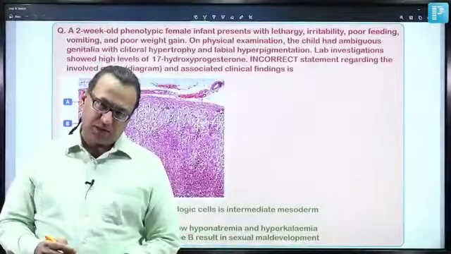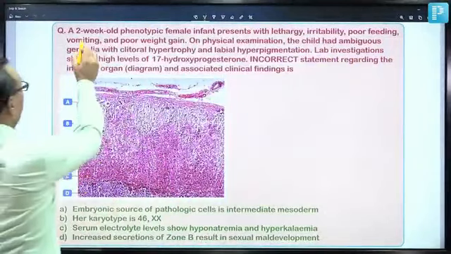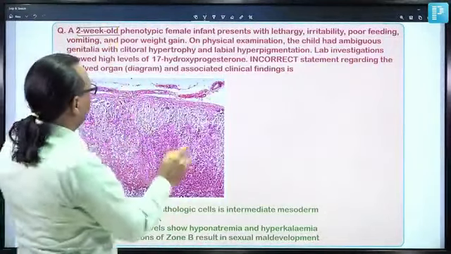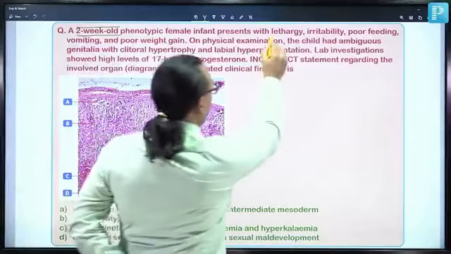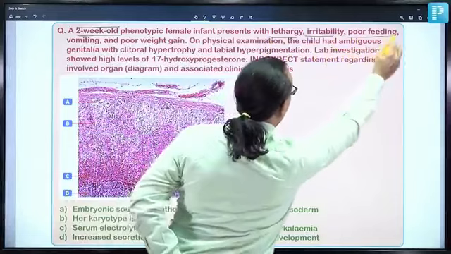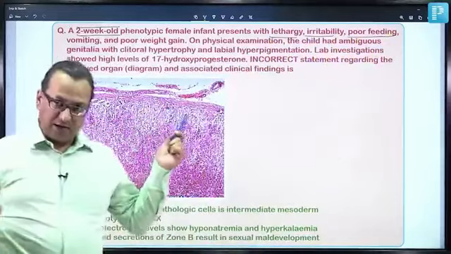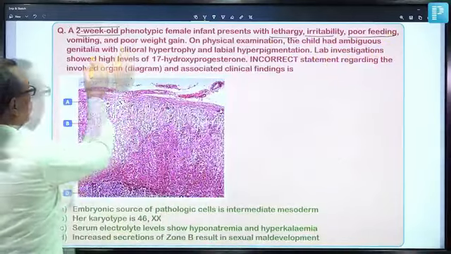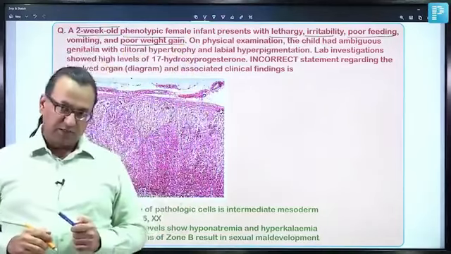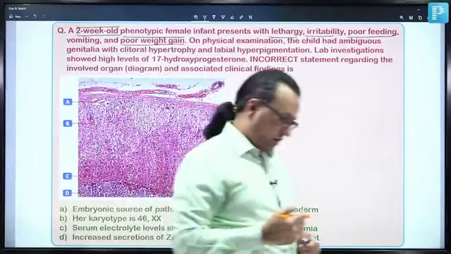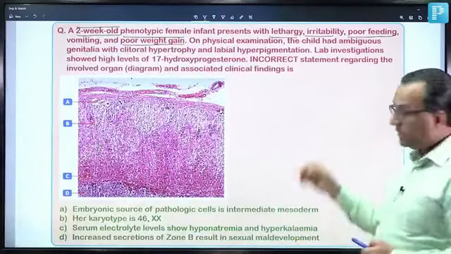We are looking at a case. A 2-week-old female baby has come. It's a neonate basically, presenting with some lethargy, irritability, poor feeding, and even the weight gain has been compromised. Poor weight gain. Now, when we are having a physical examination, we could see there are some ambiguous genitalia, and